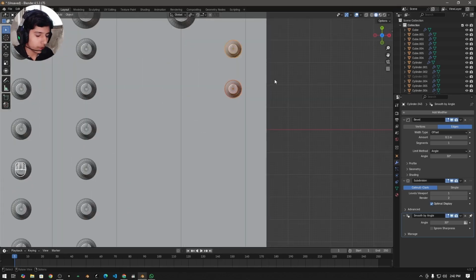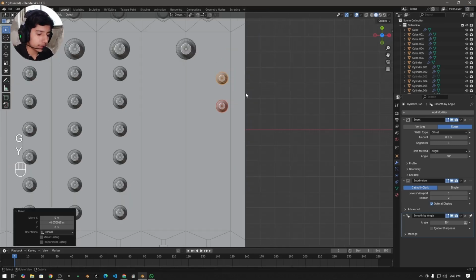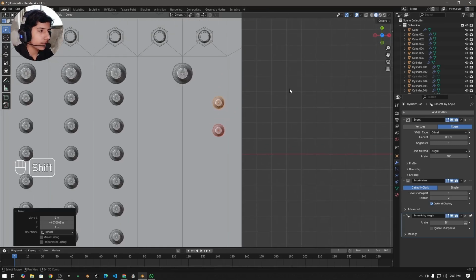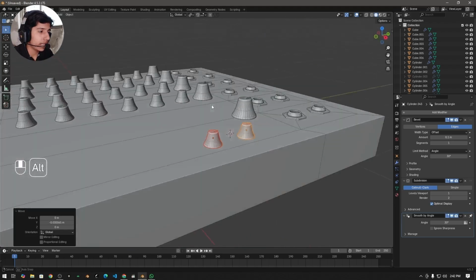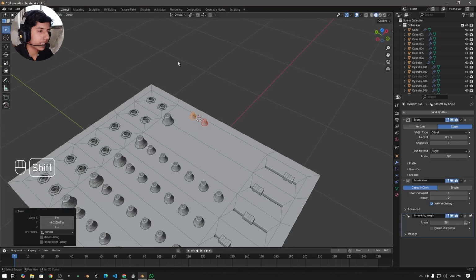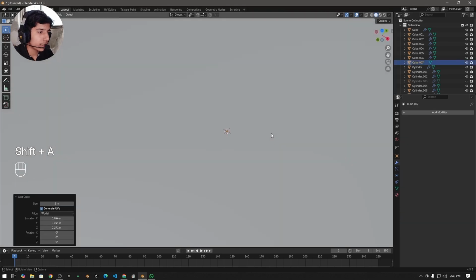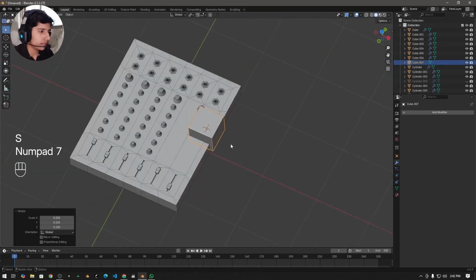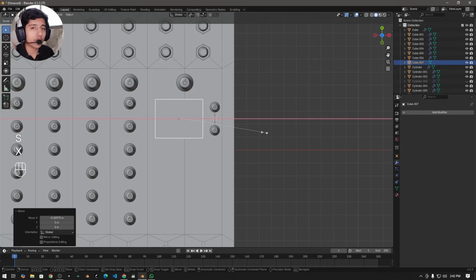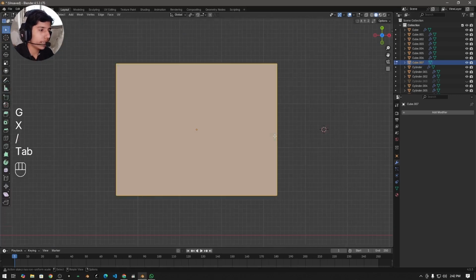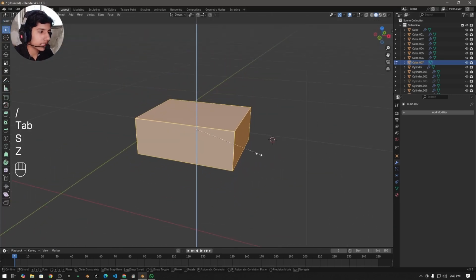Okay, so now I'm going to select these two buttons and press Shift plus S on my keyboard, and then I'm going to click on cursor to select it, and then I'm going to add a cube here, then scale it down and place it something around here, scale it on the x-axis. This will be our screen, and then go into edit mode, scale it down on the z-axis,